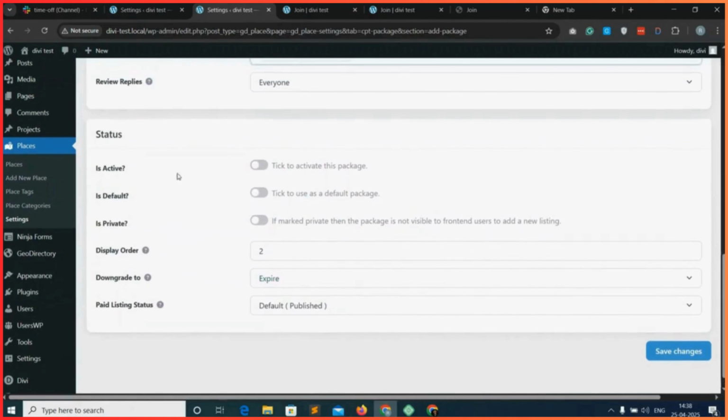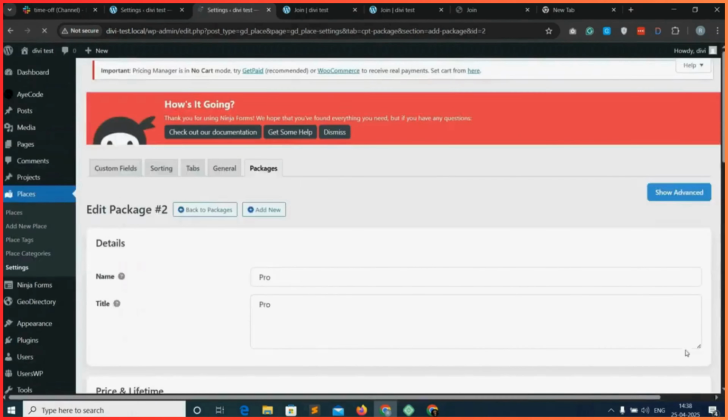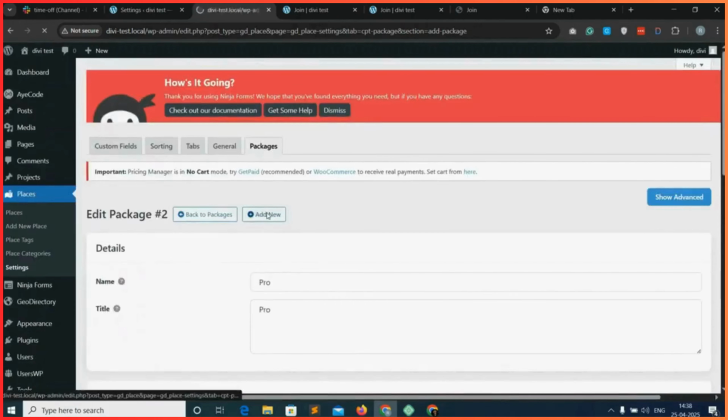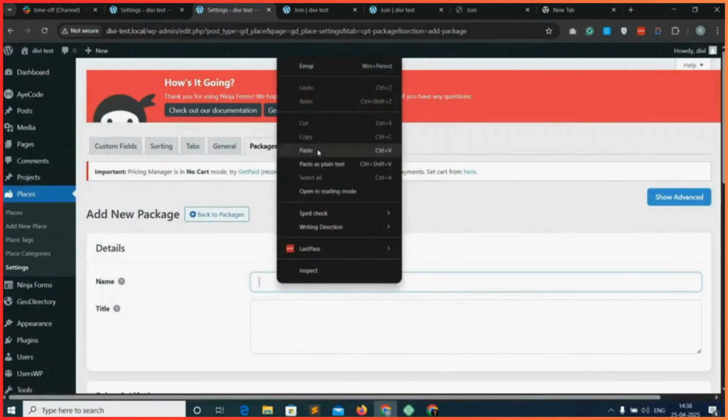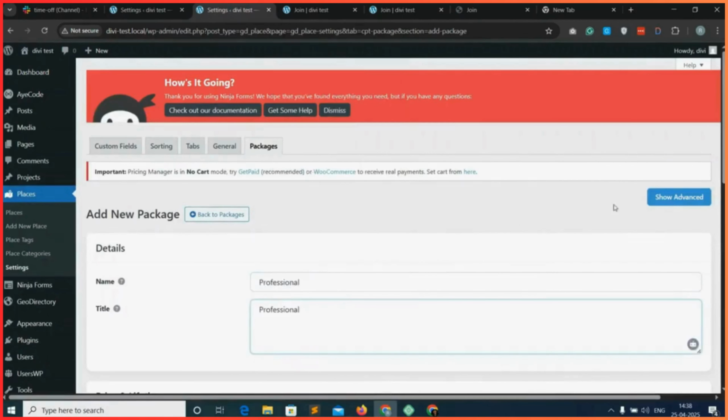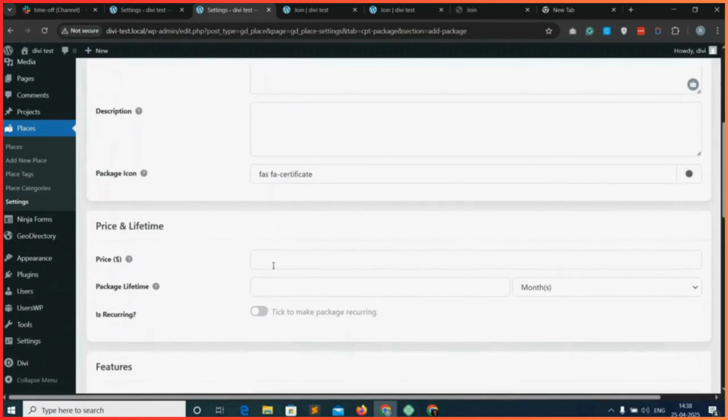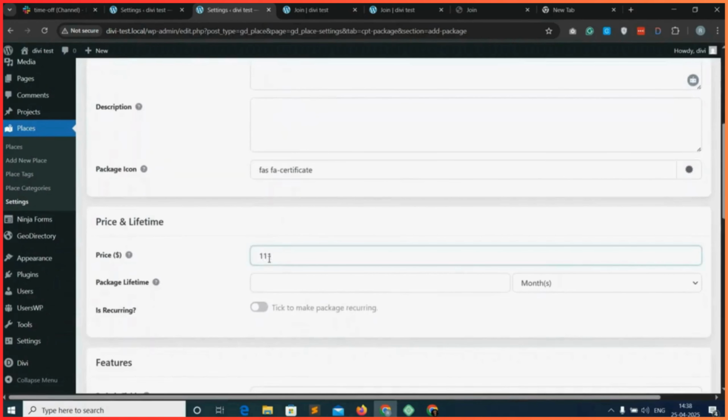Then this inactive one will be switched to active, then save changes. Then again we will be creating one more package which we will be naming Professional. We will be adding it over here similarly, and then coming on to advanced settings,